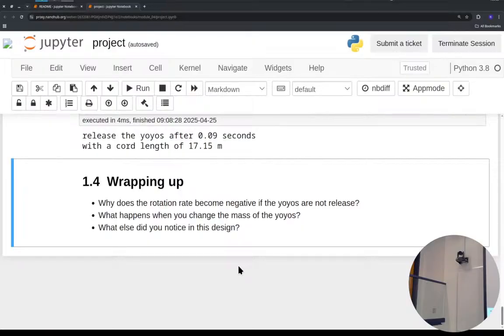What else do you notice about this design? That's the part that's, yes. As they release it, they unravel faster than the wheel is traveling, because the wheel is slowing down and they're